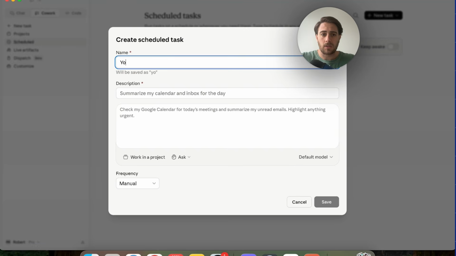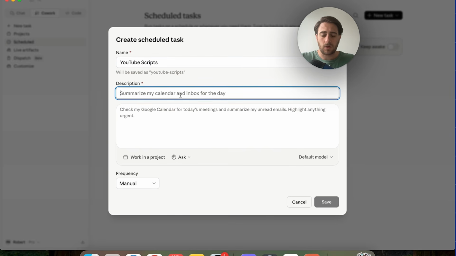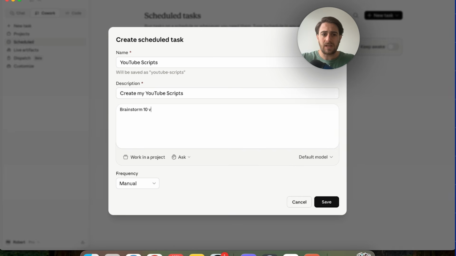For example, if I click on set up manually right here, I could come over and name this. We're going to name this YouTube scripts. What this is going to do is just write a quick description here. So create my YouTube scripts. And then what I'm going to actually have this do is brainstorm 10 video ideas based on the latest AI news from today, and write me a YouTube title, script, description, and tags in my voice/format. Use the vidIQ